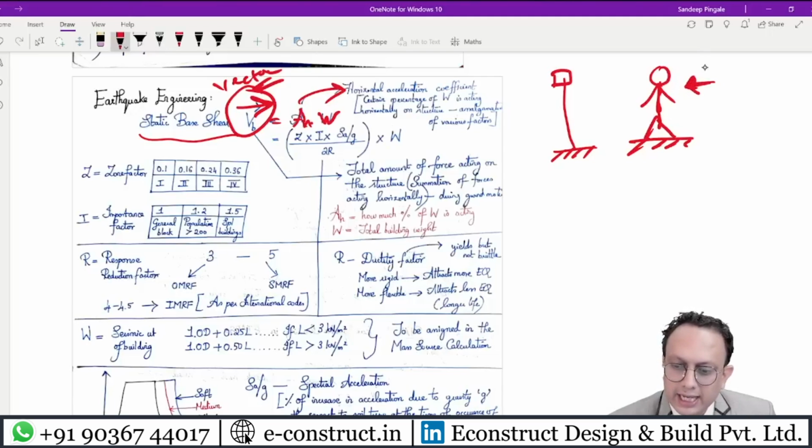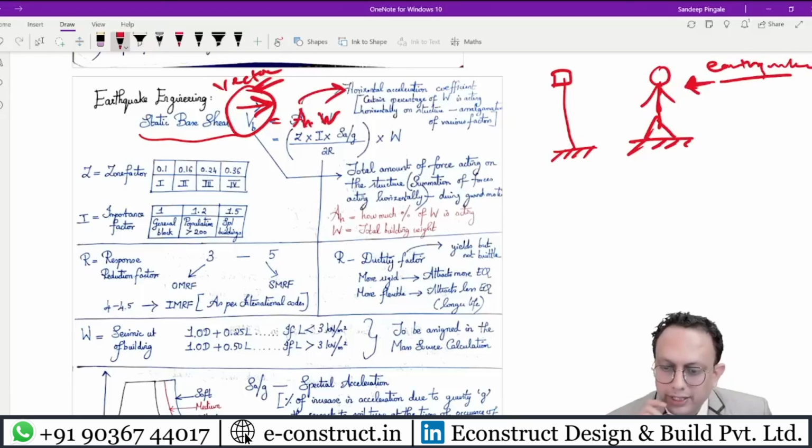This acts like an earthquake. How much force is acting on the person depends on the weight of the neighboring person, the weight of this particular person, the impact and so on. But when it comes to the earthquake,